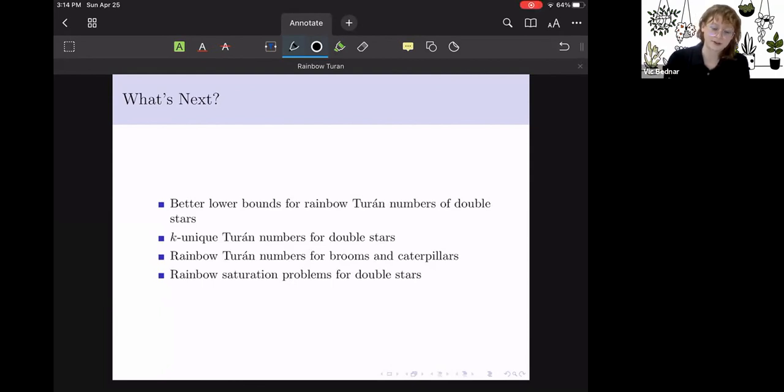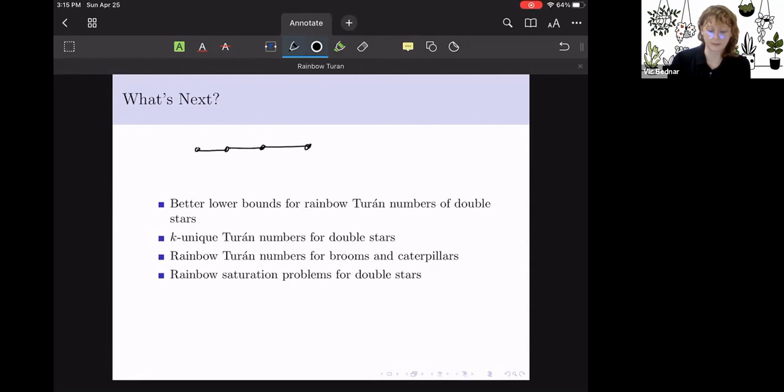And then brooms and caterpillars are the natural extensions of the concept of double stars. That last double star we saw, which had one leaf and an odd number of leaves, is a kind of broom, but a broom can have as many backbone edges as you want. And then a caterpillar,